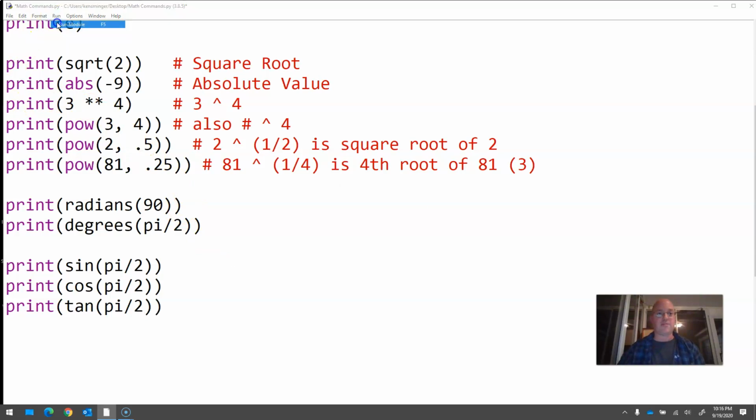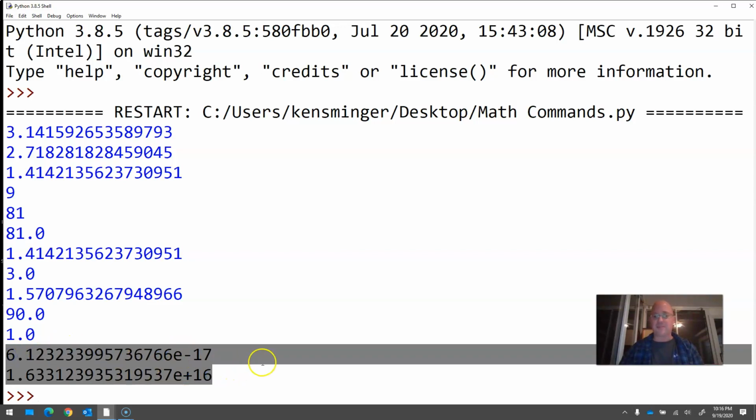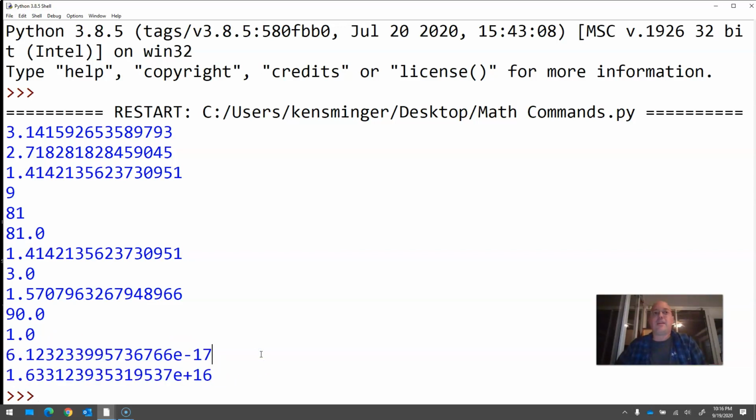Each of those, pi over 2, and there you go. So the sine of pi over 2, sine of 90, is 1.0. You notice here, and you might have seen this come up on your calculator every now and then, that e at the end is like scientific notation. You're saying 6.12 times 10 to the negative 17th, so like